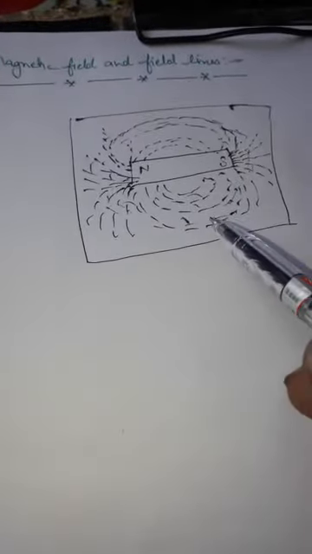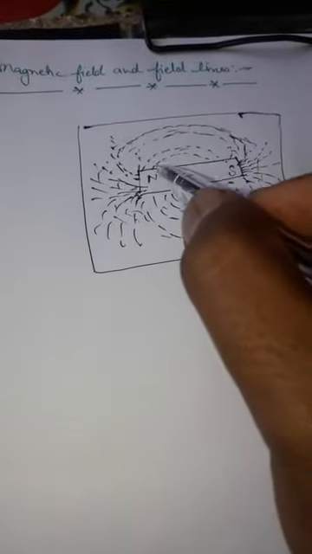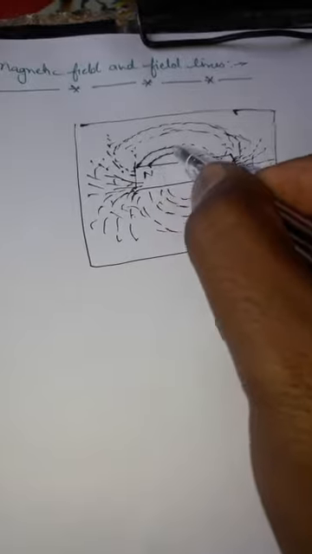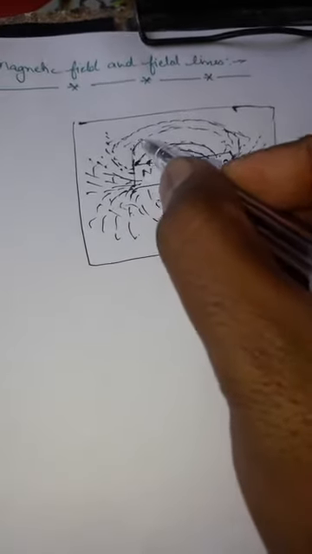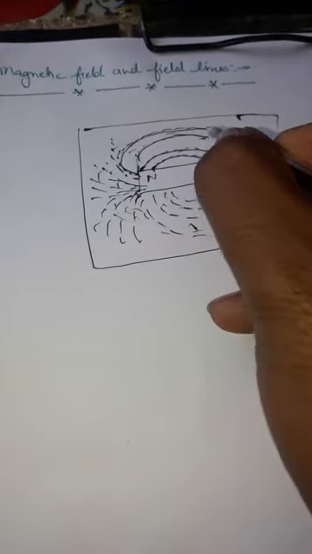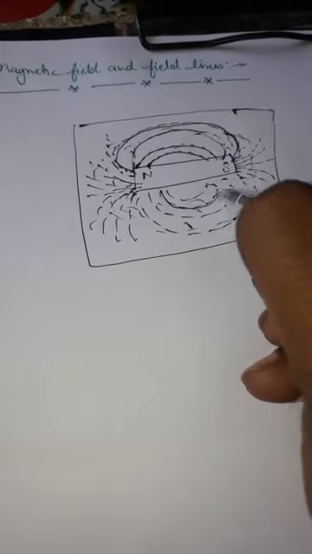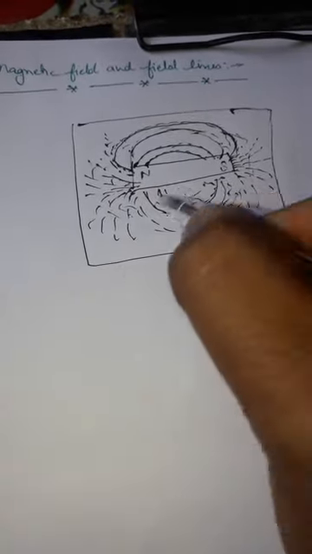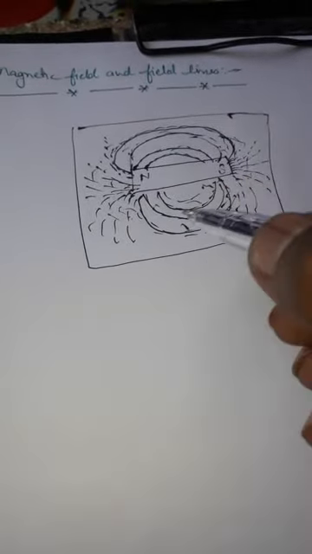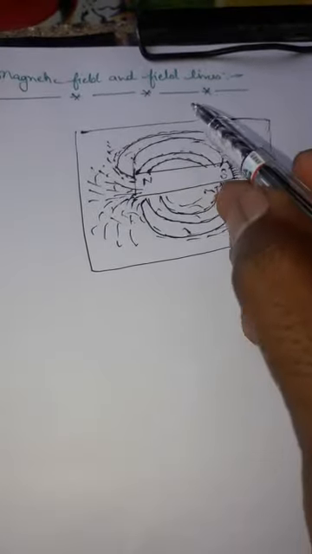So we see that these iron filings are arranged in a pattern forming these kinds of lines, and these lines are symmetrical about the magnet in the upper portion as well as in the lower portion. Basically, these lines are called magnetic field lines,